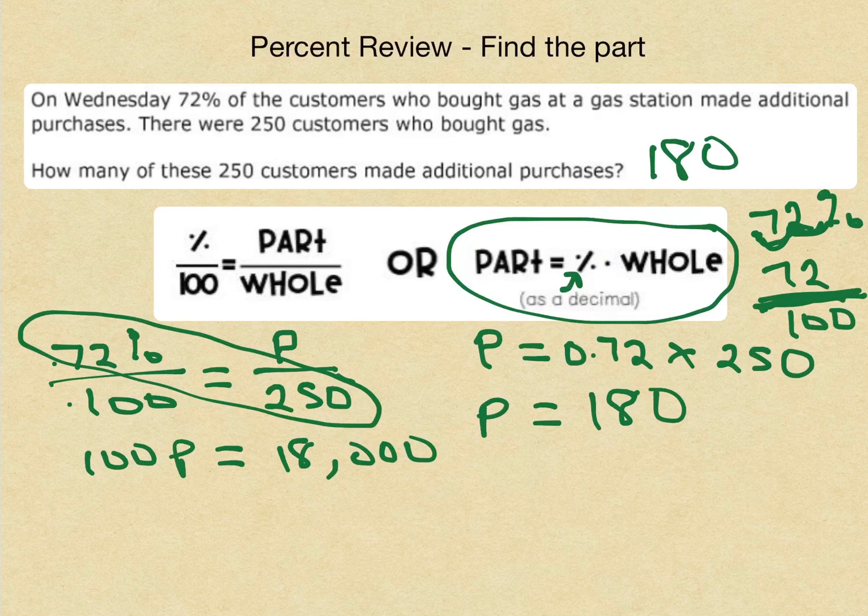Sorry about that. And then you have 100 times P. And then you divide by 100 on the left side. And for that, you just have to mark out your two zeros. But either way that you do it, it's just a different order of doing it. You'll get the same answer. So if you feel comfortable using the proportion, you can always use the proportion. If you like this shortcut where you just have to multiply and not deal with a proportion or a ratio,